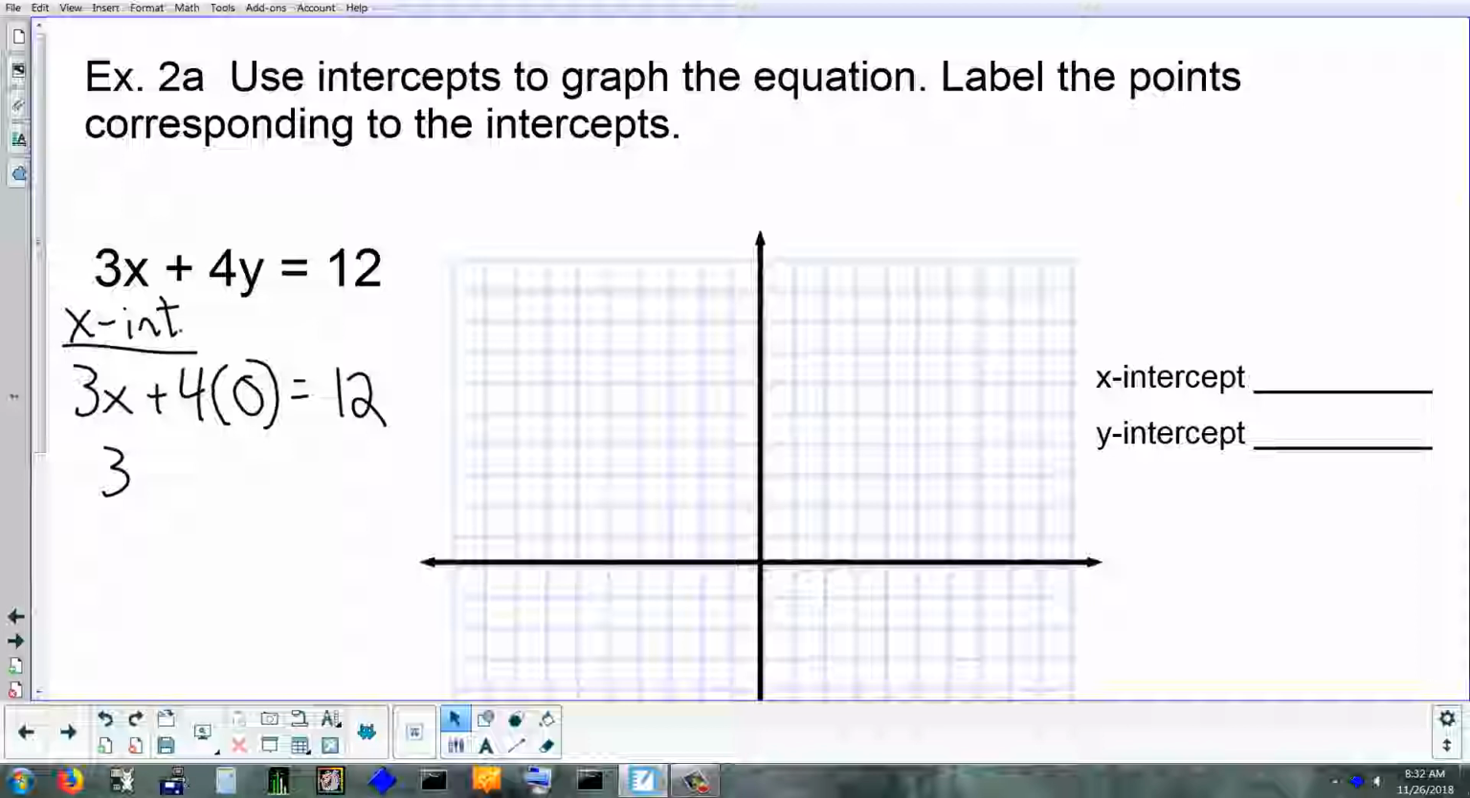What I like to do is, I know that this is going to become 0. I don't really need it. So what I do is, I just do 3x, I cross this out, because I know it's gone. Because with this, right, what I did before,